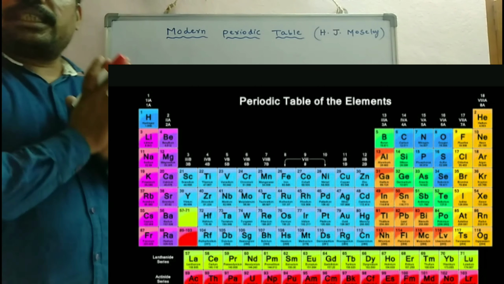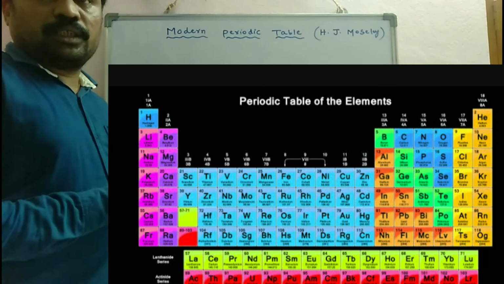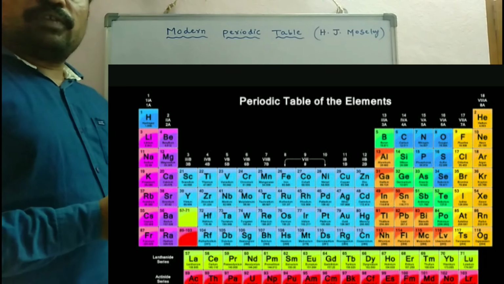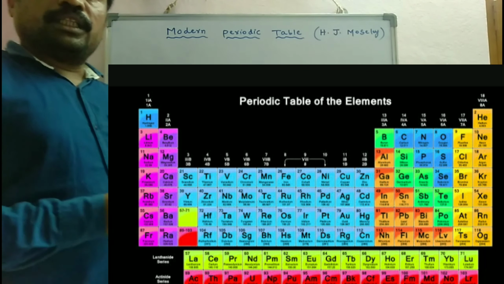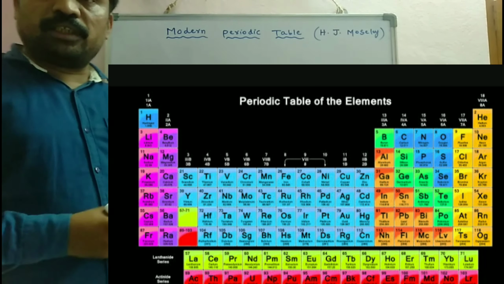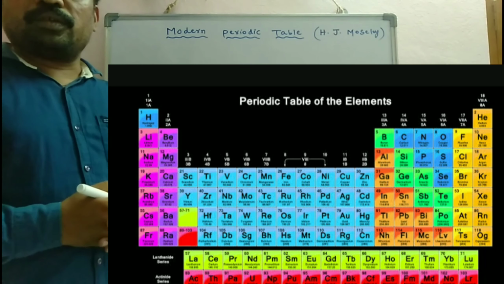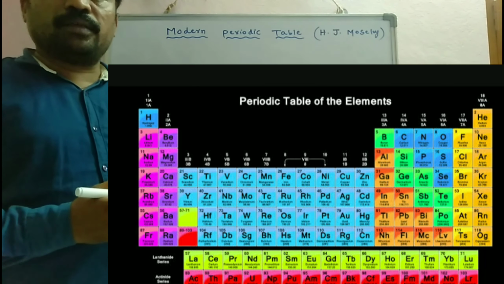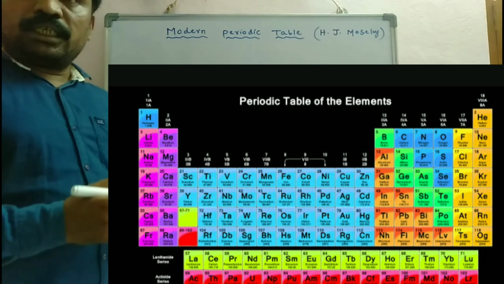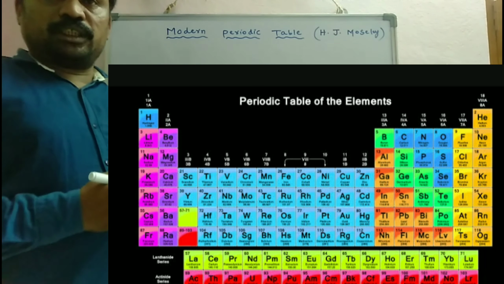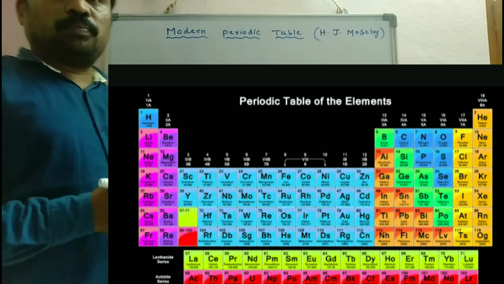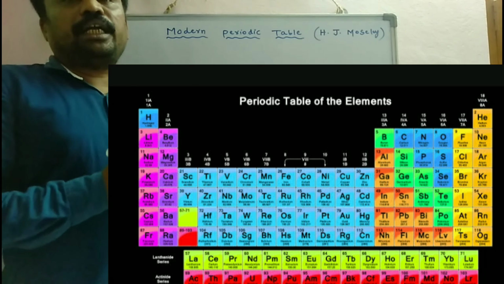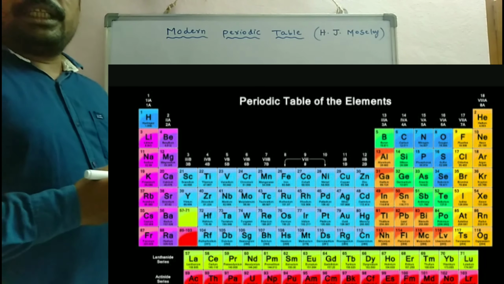Okay, now let us see the periodic table. Now we have seen the groups. Now we are going to see how many periods are there. So a total of 7 periods are there in the periodic table. The first period has only 2 elements. We can see the picture, right? In that only 2 elements are there. Those are hydrogen and helium. Hence this period is called the shortest period. Now if you see the second period, it is called the short period. Why? Because it has only 8 elements, that is from lithium to neon.